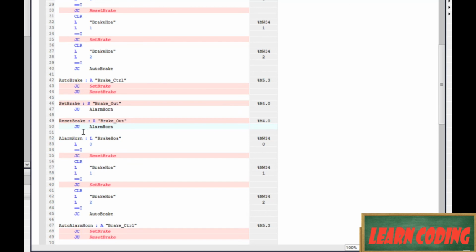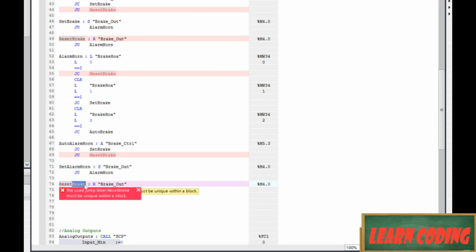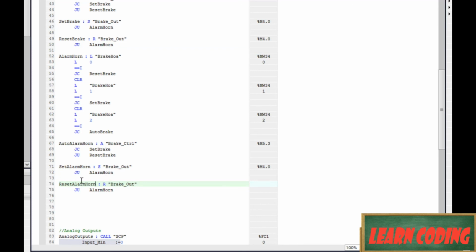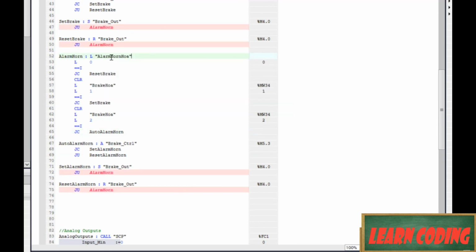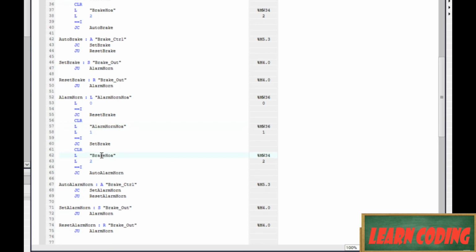Okay, so where on earth are we? Here's our alarm horn, and that's where we want to be. So set alarm horn, reset alarm horn. And same thing here. We want to just paste alarm horn over those brakes and over that auto as well. Okay, so what are we loading here? We're loading alarm horn HOA. Copy that, paste it, and here,